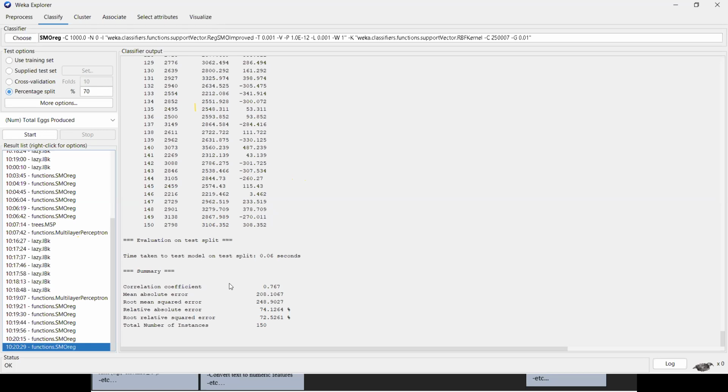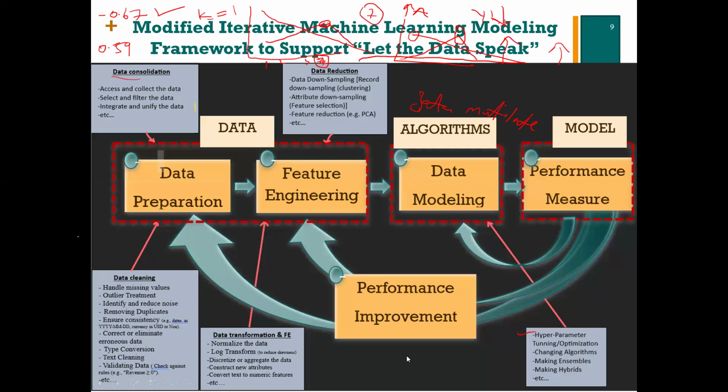The next time, if the data is a little bit tough and not highly correlated, we can come up with an ensemble. This is when we go back here and ask, okay, what next can we try? You change the algorithm. We have gone back to reduce the features, data reduction. What we have done is attribute selection, feature selection. So you have that privilege to always go back and do one or two things that can get your result